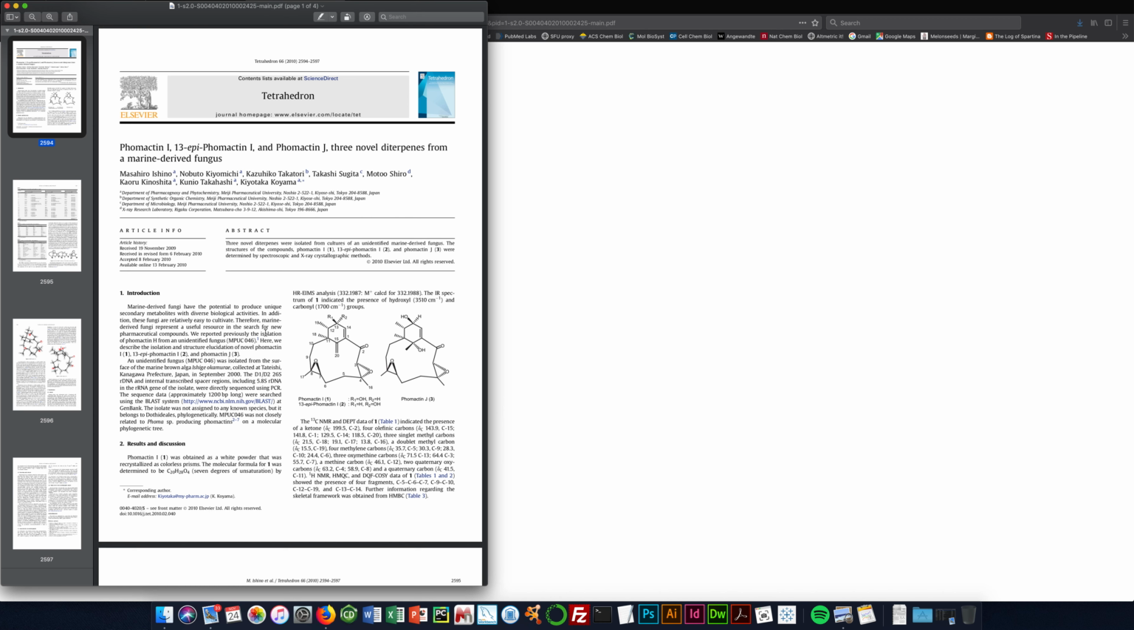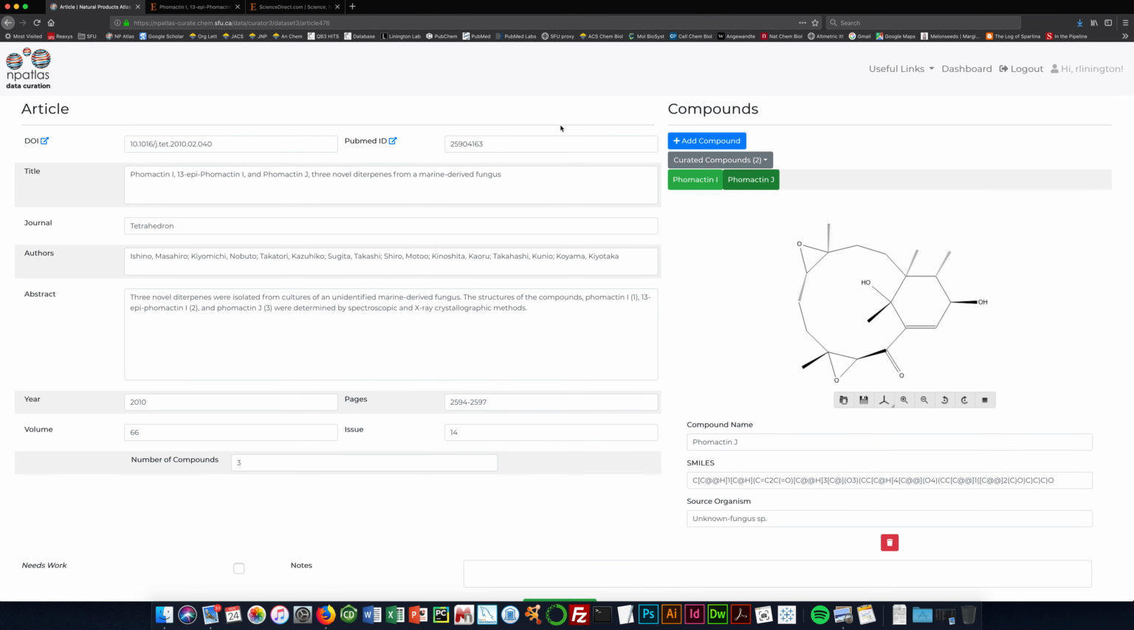There we go. So here's fomactin I, 13-epi fomactin I, and fomactin J. So the compound we're missing here is 13-epi fomactin I, and here in the first page you can see that the difference is only in the relationship here on the six-membered ring. So if I go back to the Curation tab, the easiest way for me to get the structure in this case is to take the SMILES, highlight the SMILES here, and copy it, and then go to ChemDraw,